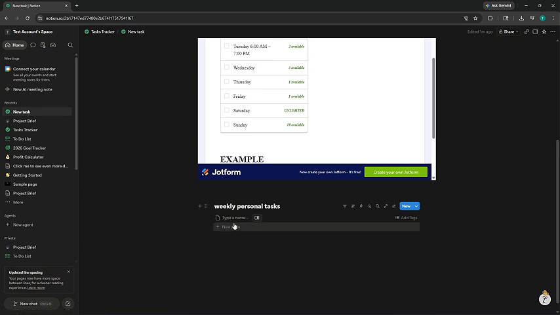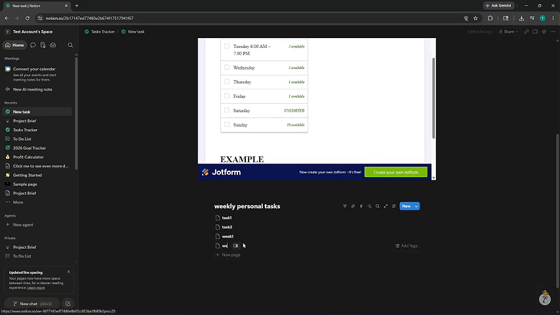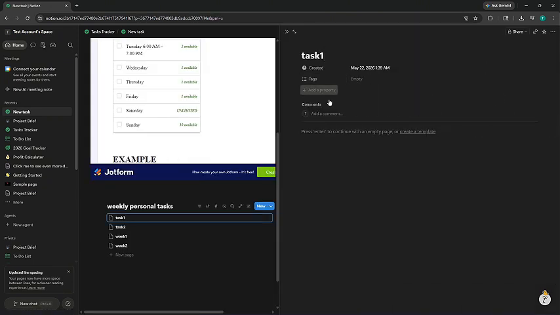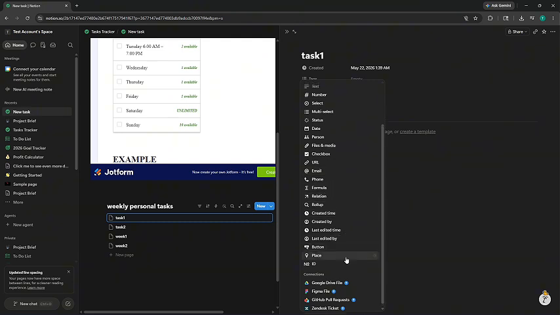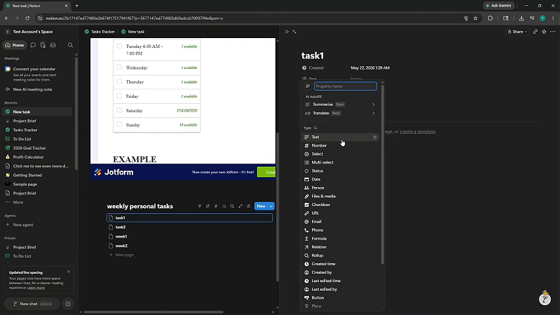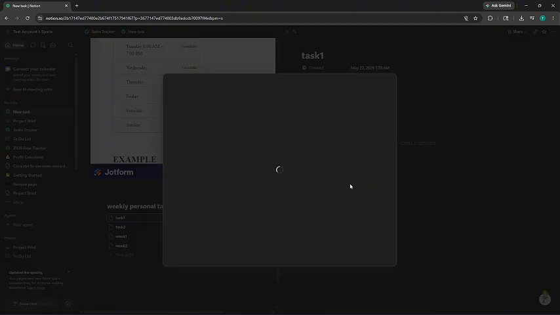Give each entry a clear title and fill in any relevant details. The title should convey the essence of the item at a glance, while the details give you the context you'll appreciate later. In the item's detail view, you can add notes, links, or a quick description. Keep the text focused and consistent so it stays skimmable. If you're capturing tasks, start the title with a verb. If you're recording notes, summarize the key point first. When you finish one entry, return to the list and click New again to create as many items as you